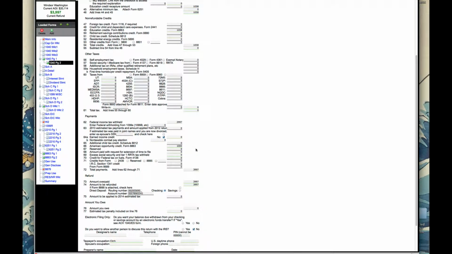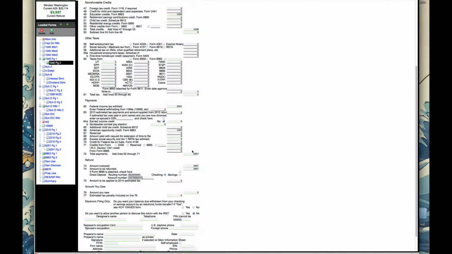So there's a refundable aspect of the education credit as well as the non-refundable, but what can reduce tax liability up here. These are all of his withholdings from his wages, $2,997 from his W-2, and so that's going to be his refund, $3,997. The education credit and the withholdings he gets back in full. So that is the